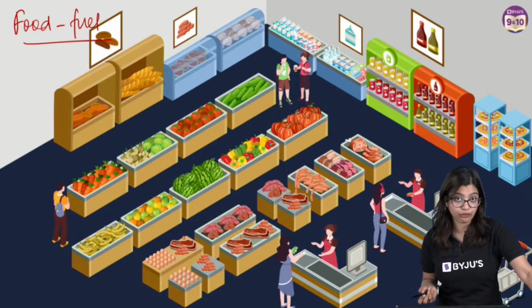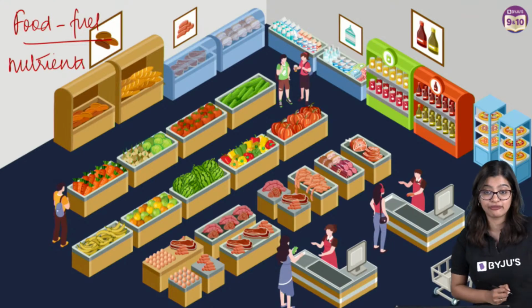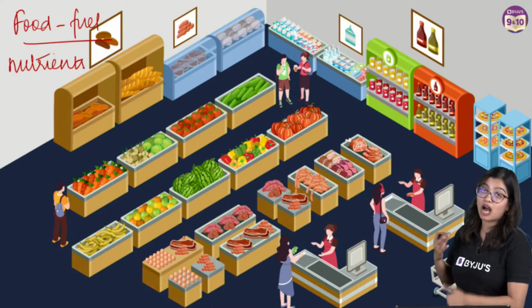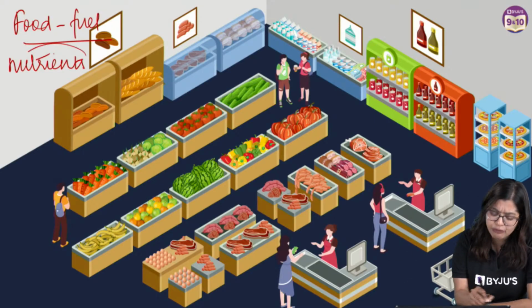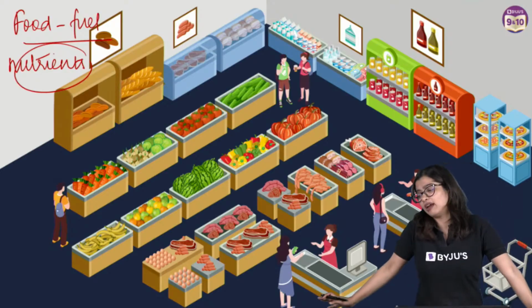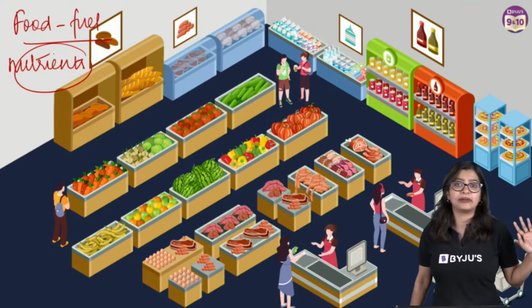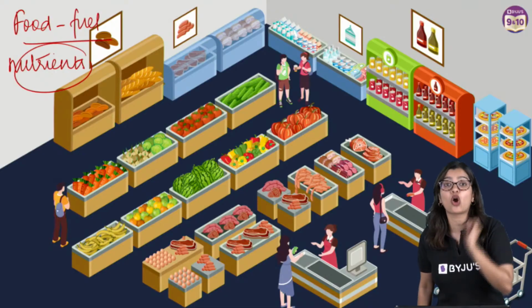Because what is there in the food? We know that there are various important nutrients present in my food, right? Like carbohydrates, proteins, fats, vitamins and minerals. So we need food. There is no day in which we can say that for the next 3 days I don't need food in my house, I'm going to be fine. There is no day in which we can say that, which means that food should be a constant thing that